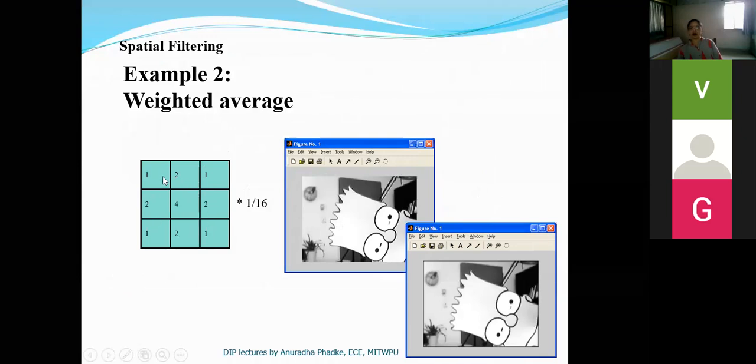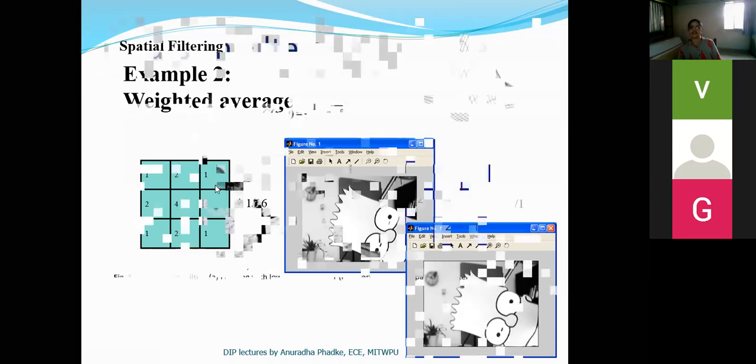Then as you move away from the center, the amplitude goes on reducing. At unit distance, you are getting amplitude 2. And if you move away by root 2, your amplitude is further reduced, which is 1. So if you try to visualize this in 3 dimensions, this shape is similar to an approximate Gaussian shape.